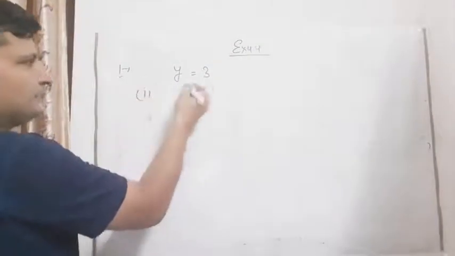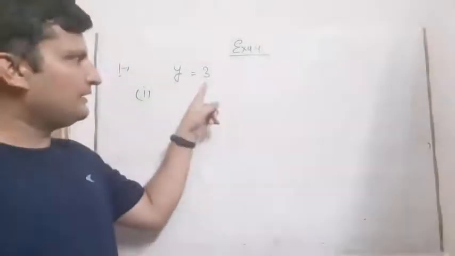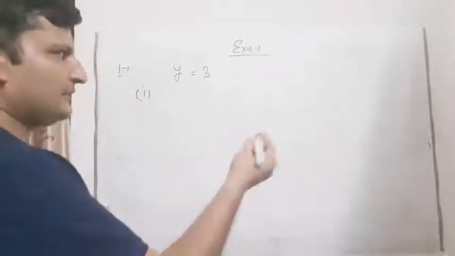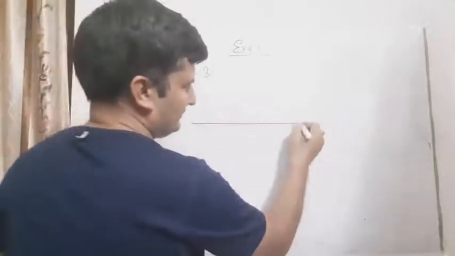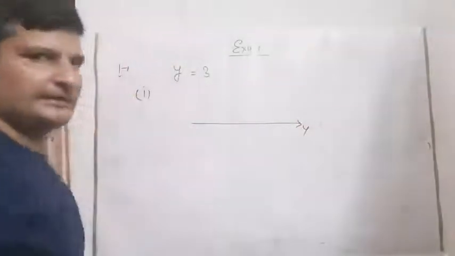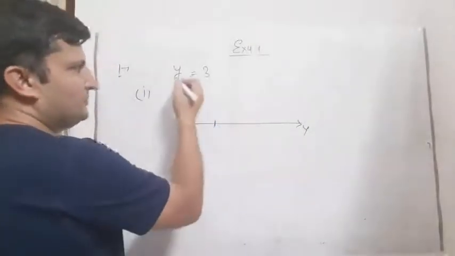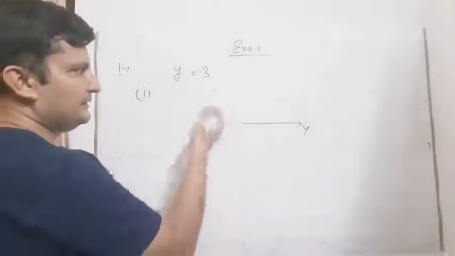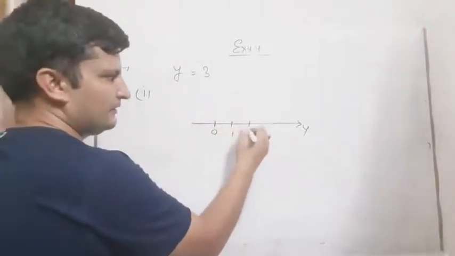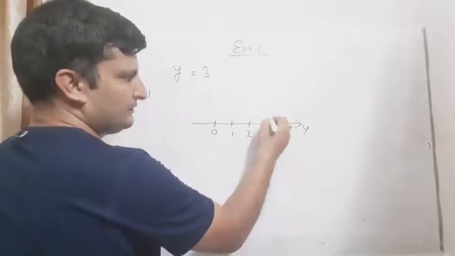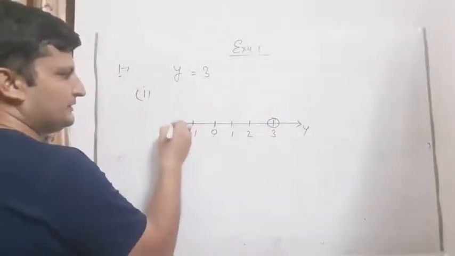First method is we have to show y is equal to 3 on graph paper. How can we show it? You can take the y axis in this form, or you can also write it in this form. Suppose this is the y axis, so we have to show y is equal to 3 in this representation. 3 is the positive value, so we write 0, 1, 2, 3. This is y is equal to 3. Similarly here minus 1, minus 2, like this.